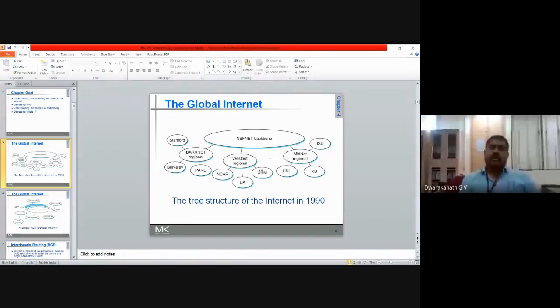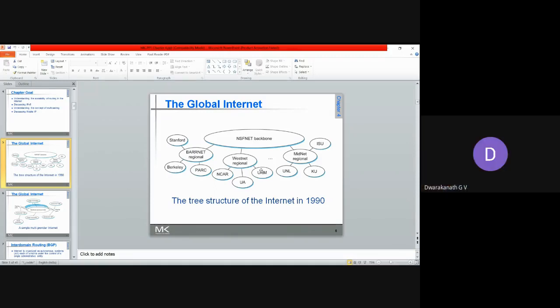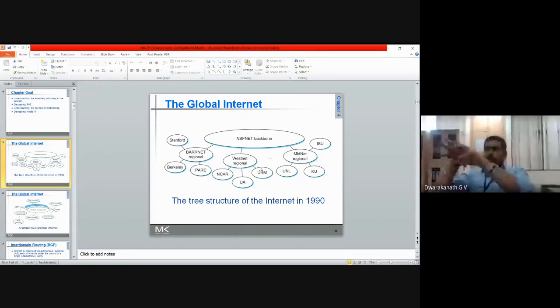Like whatever has been done in India, now taking India as one part, the entire world is divided into two parts. One is west and one is east. The entire eastern countries, the Asia continent, Australia, will be taken into one consideration. And there, assume Singapore is a server spot where the Apache server has been installed. This Apache server distributes the internet to the different countries. Now your countries become the regions.